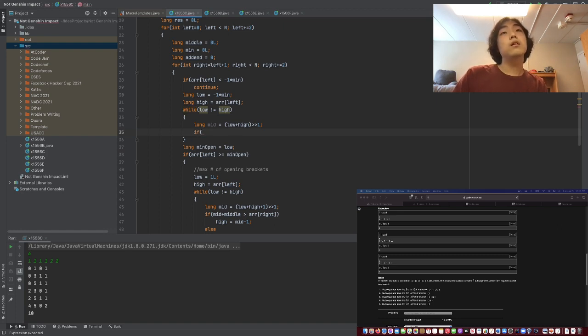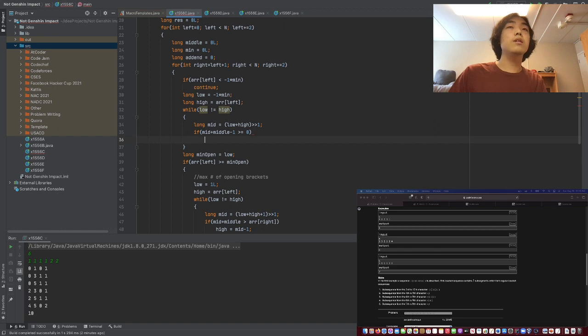So if mid plus the middle, we just need to make sure this is greater than 0. Wait, we want to find the minimum value, the minimum number of bracket sequences. If mid plus middle minus 1 is greater than or equal to 0, then